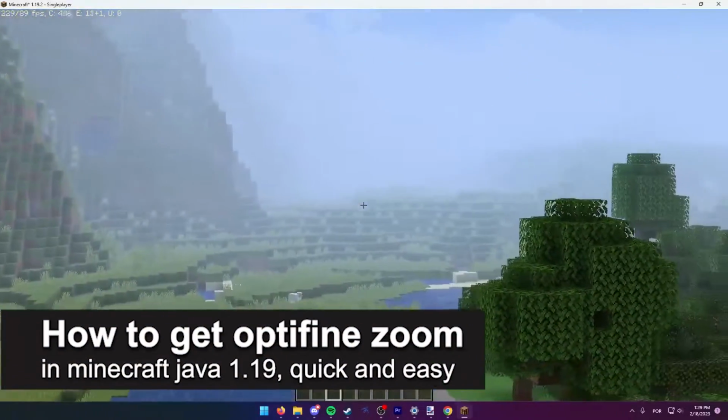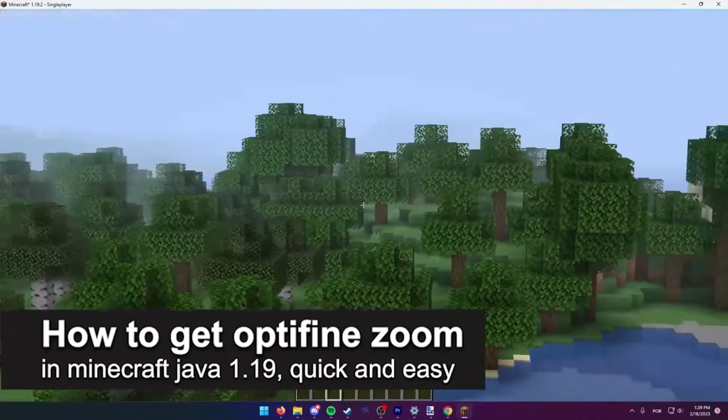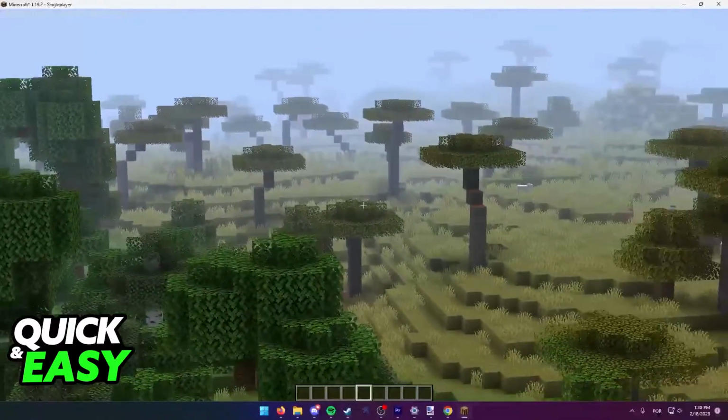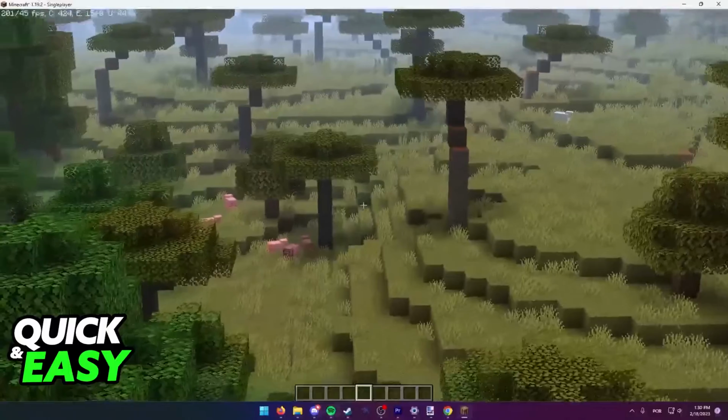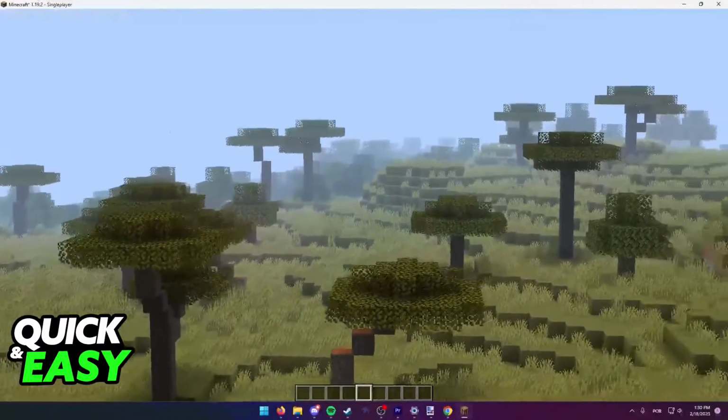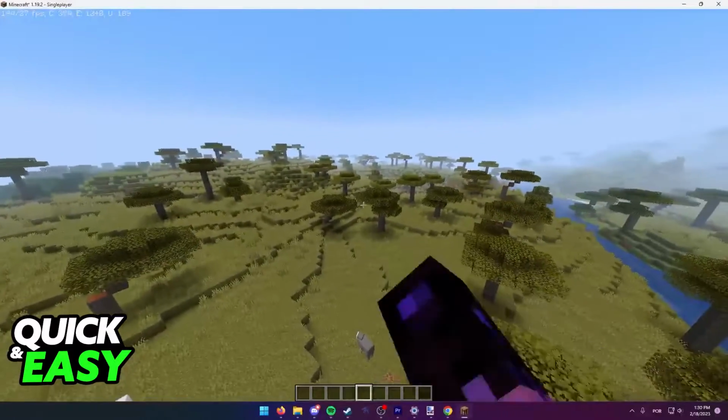In this video, I'm gonna teach you how to get the Minecraft Optifine zoom in Minecraft 1.19. It's a very quick and easy process, so make sure to follow along. As you can see, I'm able to zoom in using Optifine, and all you have to do to get this